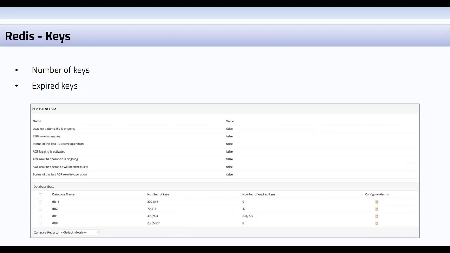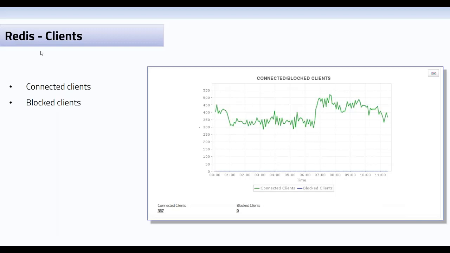Redis details are details about the number of keys that are present in Redis, the number of expired keys in Redis, and so on and so forth. Basically, again, visibility into the performance of your Redis database. When you look into the product, we will see more data that is collected for each of these databases. Redis clients is the number of clients connected. This is similar to connections in MongoDB, except here we call them clients. That is how many users or clients are accessing your Redis database currently, how many of them have been blocked,